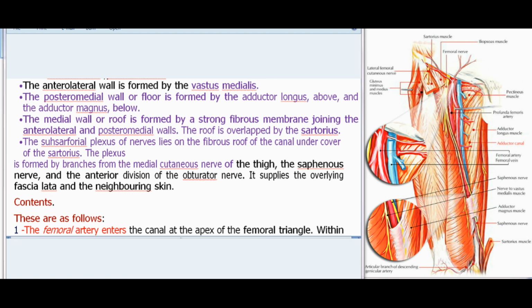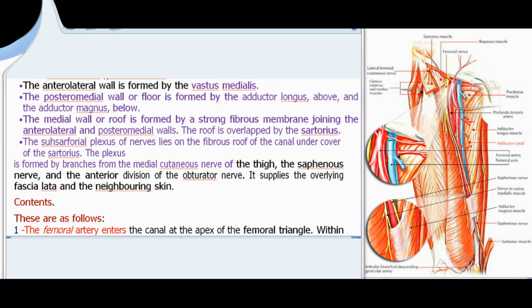The subsartorial plexus of nerves lies on the fibrous roof of the canal under cover of the sartorius. The plexus is formed by branches from the medial cutaneous nerve of the thigh, the saphenous nerve, and the anterior division of the obturator nerve. It supplies the overlying fascia lata and the neighboring skin. Contents. These are as follows: